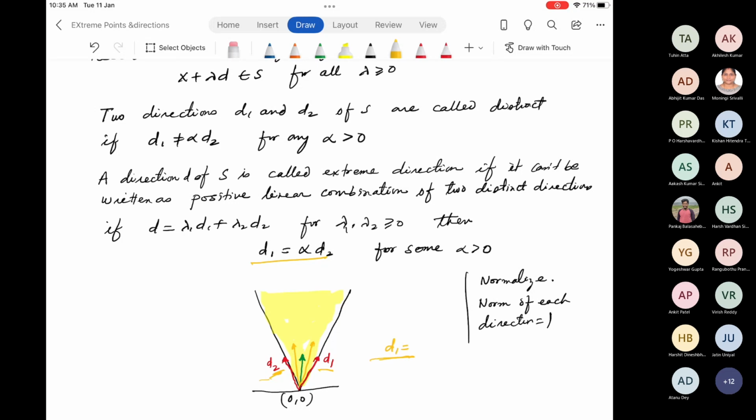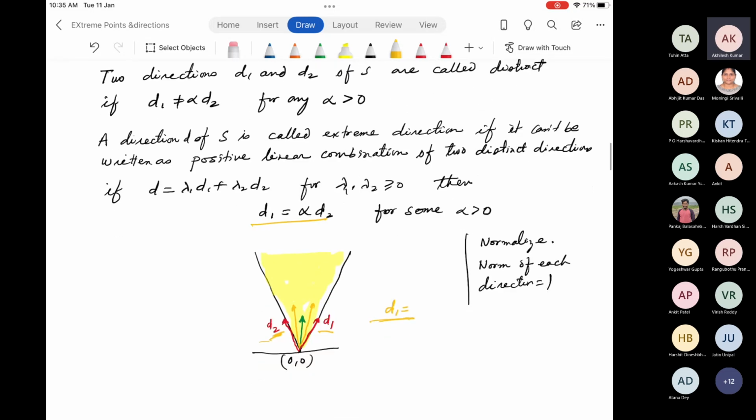Yes. So in this case, we can say D1 and D2 are the extreme directions. We already know the set we are talking about is x2 greater than or equal to x1... what are the values of D1 and D2? Can you tell me? What is the angle at which it is inclined? 45 degrees.